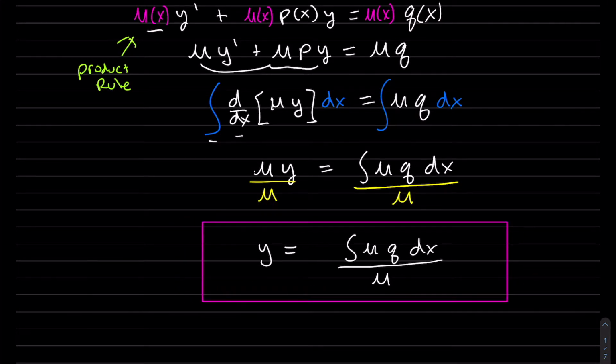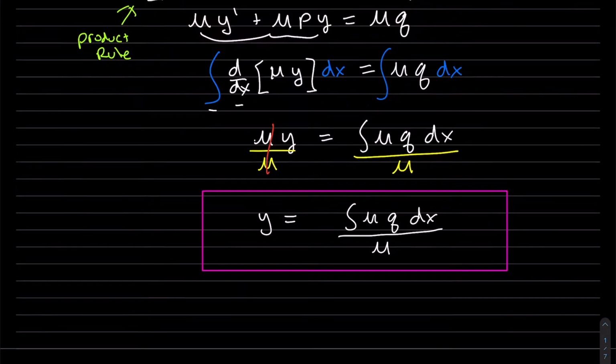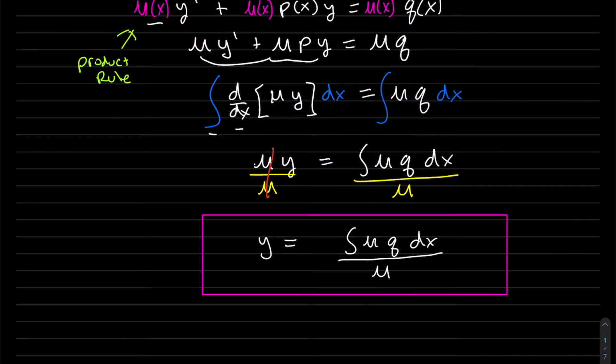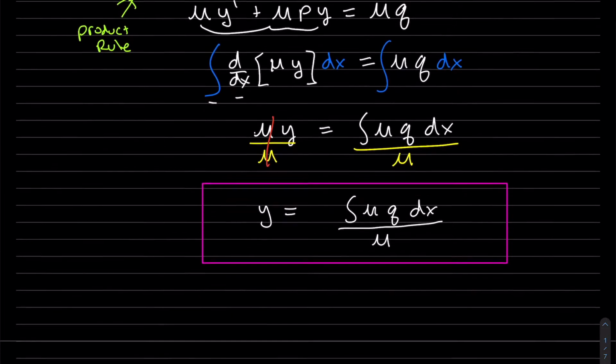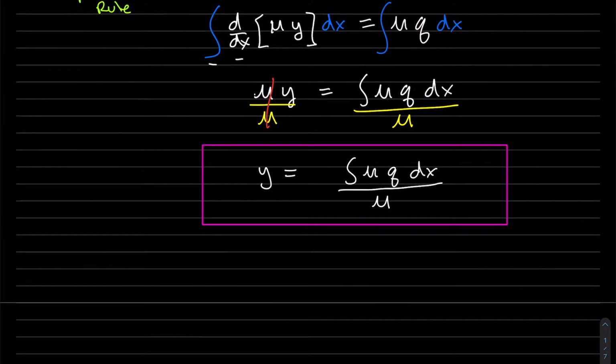And here's our solution. We can see that if we utilize the fact that that is the product rule, it's really easy. The steps after that are easy to find y. You integrate, divide by mu, and you're done. So like I said, it works out really nice as long as we can find out what the integrating factor is. So in order to find the integrating factor, let's take a look at